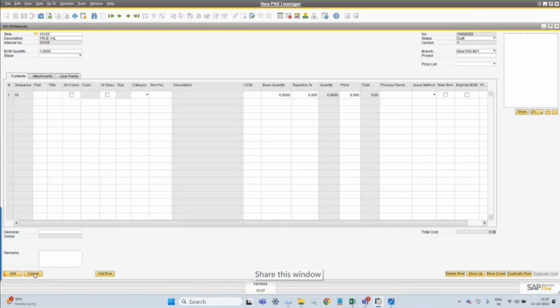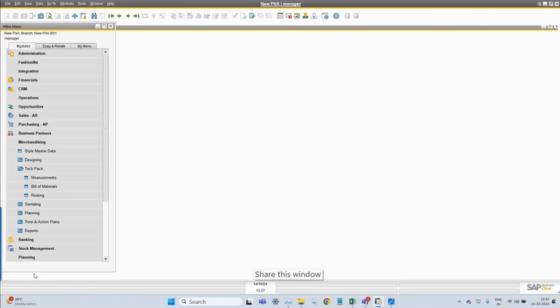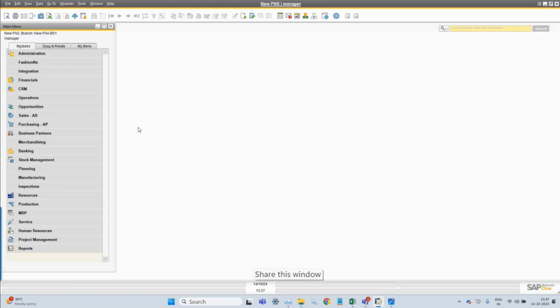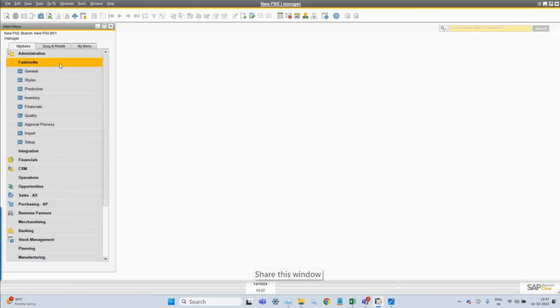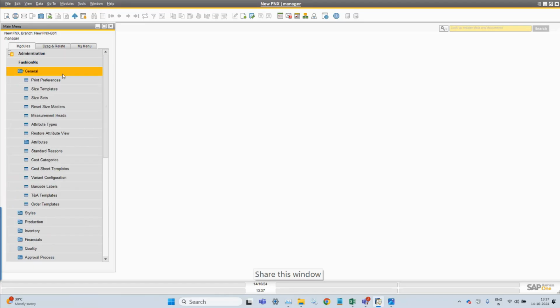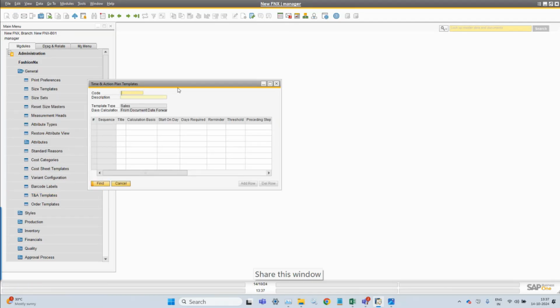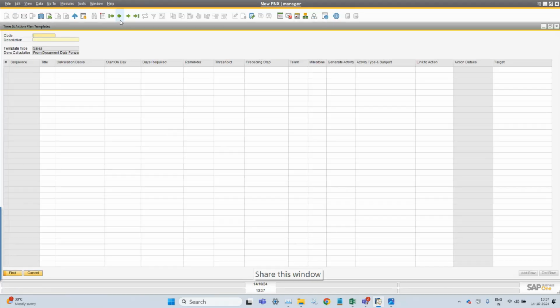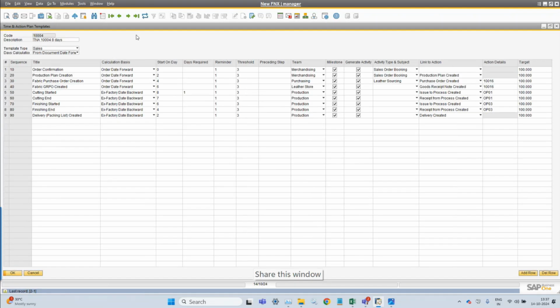Now we will move to the time and action plan template. For that, in FashionNX itself, in the general tab, there is a time and action template available. The question of why this is required will come again. So the answer is for this,